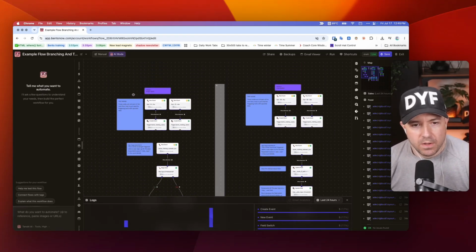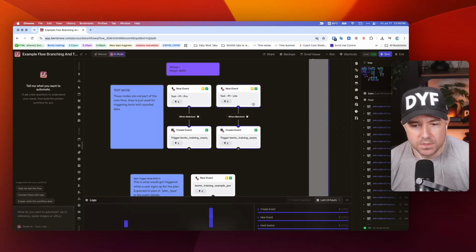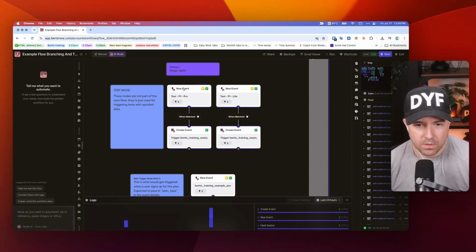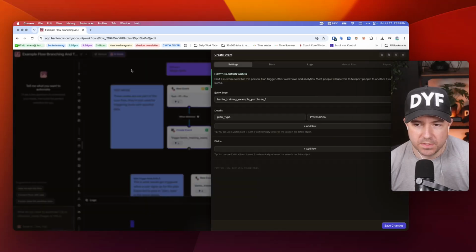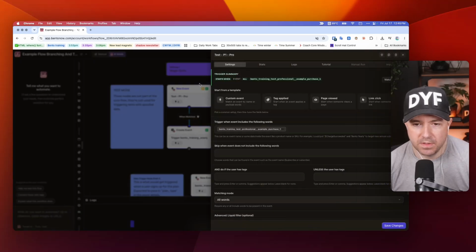Then the next thing to do is scaffold out the testing infrastructure. So for each of those 3 trigger nodes, we want 2 test initiators, one for pro, one for light. So in terms of batching, let's think of what's going to be easiest. Let's do the triggers first, I think. So with this one,